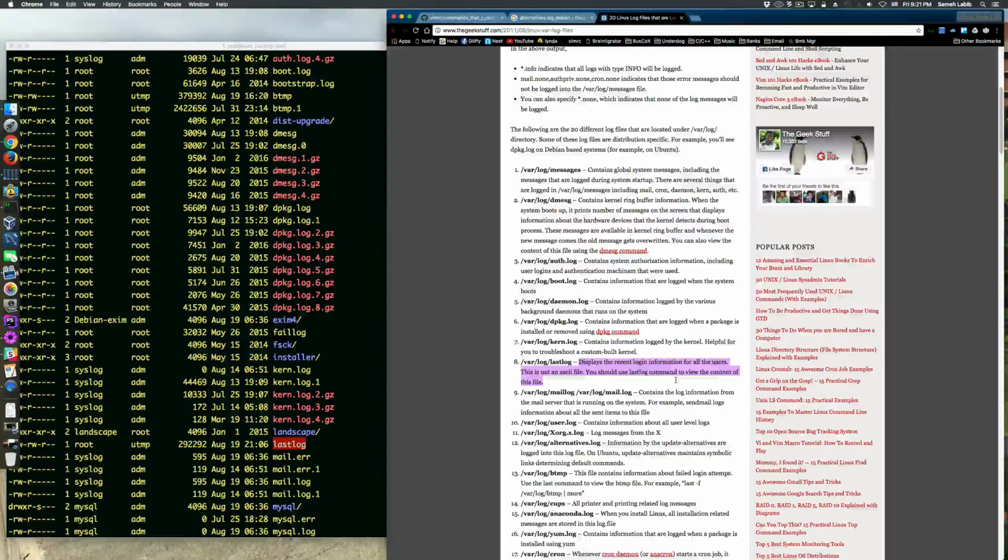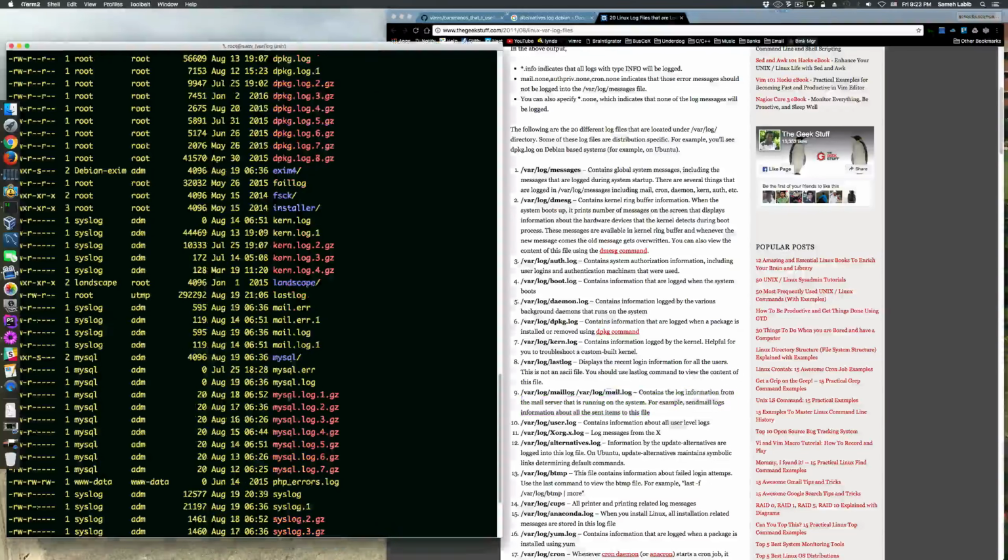This is not an ASCII file. You should use the lastlog command to view the content of this file. And then there's this one. Mail.log contains the log information from the mail server that is running on the system. For example, sendmail logs information about all the sent items to this file. From the timestamp, it looks like